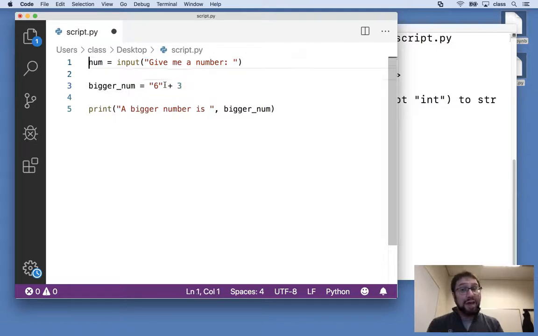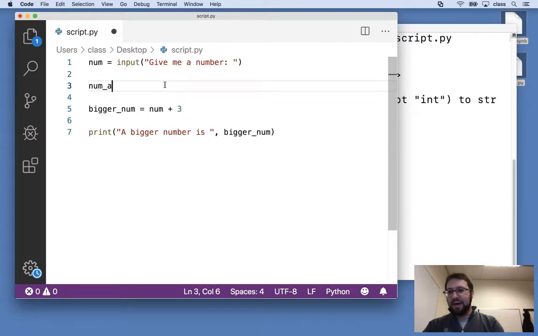But I can't do that because I want num to actually be a number, but it's not. Input will give me a string all the time. There's no way around that. It always gives you a string. So what we then want to do is that because it gives me a string, but I want that to be a number, it means that we have to explicitly convert it into a number for us to be able to use later. So rather than just being able to say add num is equal to 3, we're going to